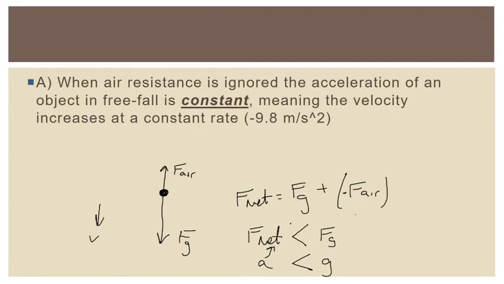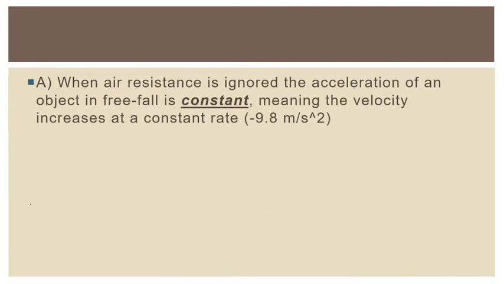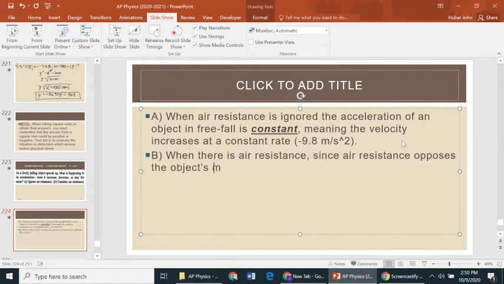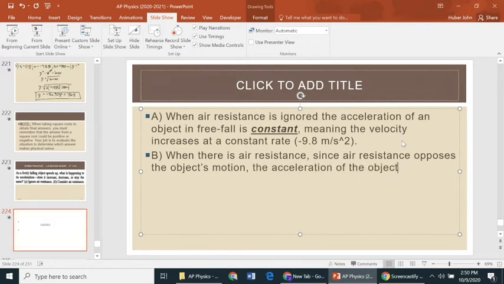And so what we're going to say here is that when there is air resistance, since air resistance opposes the object's motion, the acceleration of the object decreases. Now, here's the deal. Kids usually get confused about this part. If the acceleration of the object is decreasing,